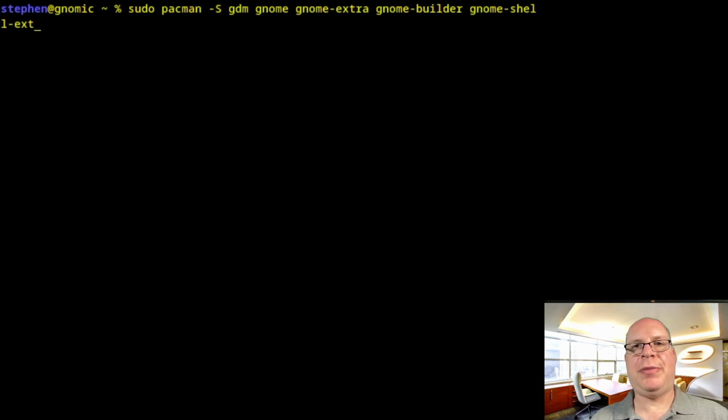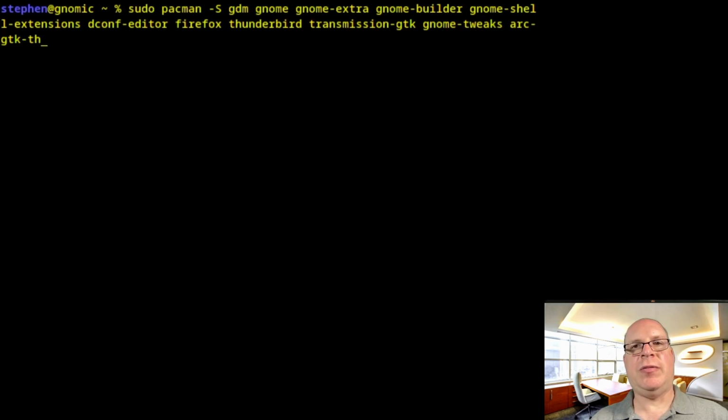GNOME shell extensions, dconf editor, Firefox, Thunderbird, got web and email, Transmission-GTK for BitTorrent, great client, GNOME Tweaks, some themes, Arc GTK theme, Arc icon theme, Adapta GTK theme,